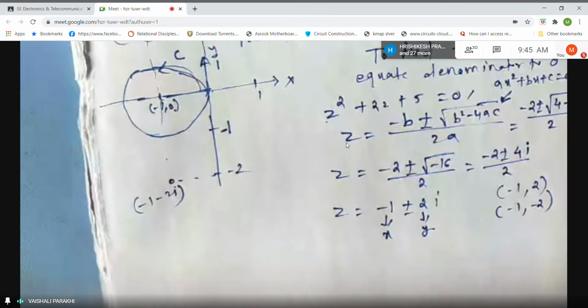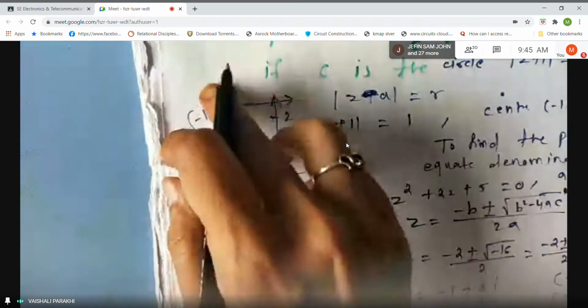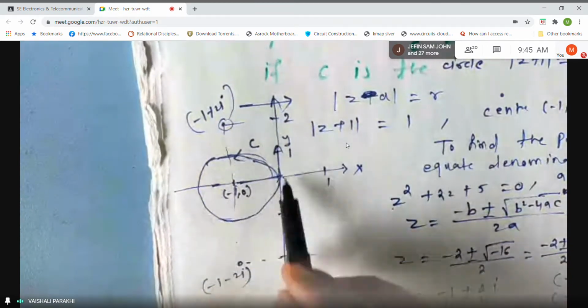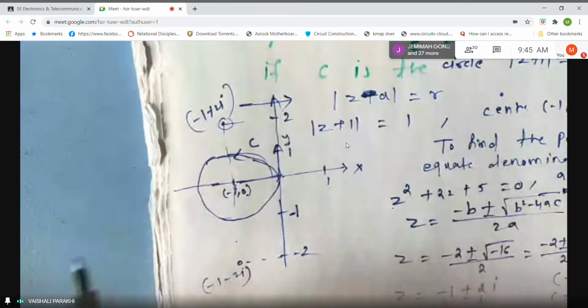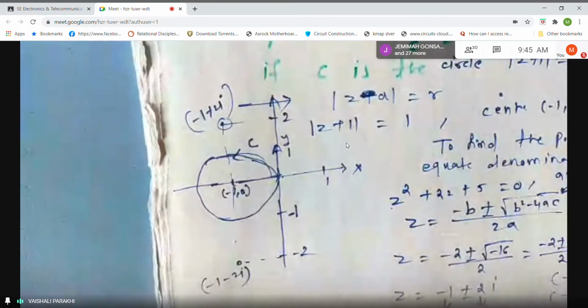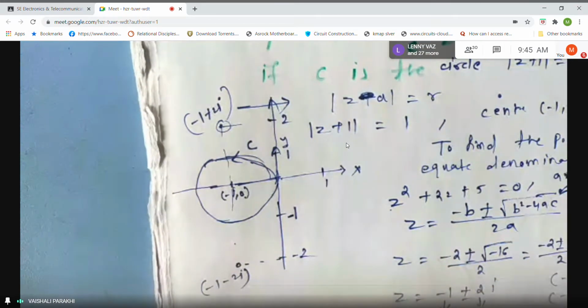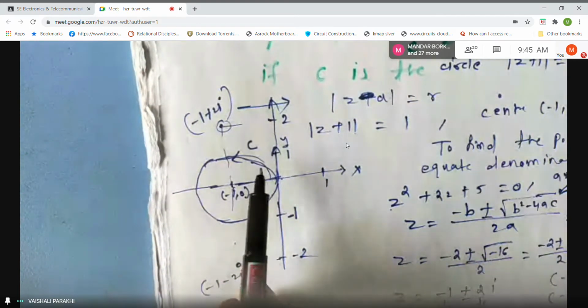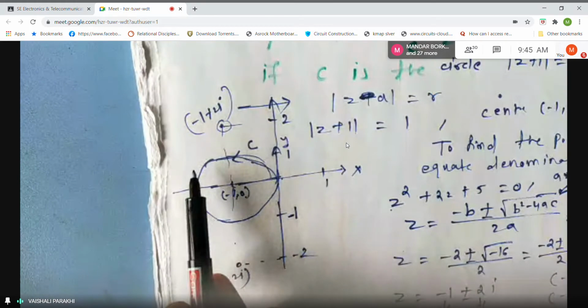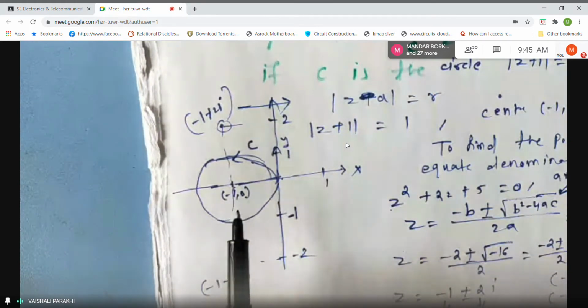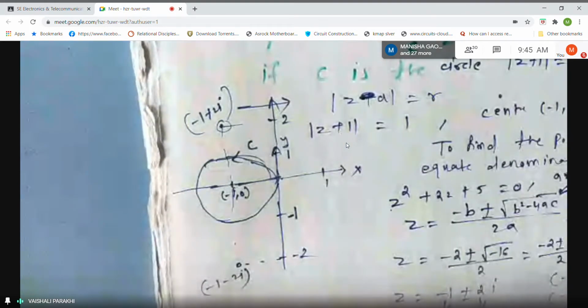Now can you tell me something about this? Whether these points are inside or on the circle, on our path? No. Both the points are outside. So the points where the function is not analytic are outside the circle. So the function is analytic for all the points inside and on the circle. Means what? By Cauchy's integral theorem,